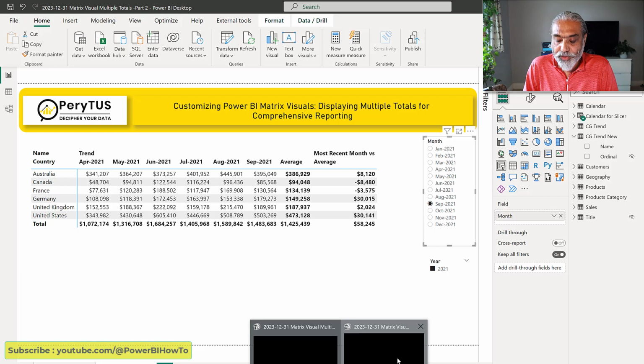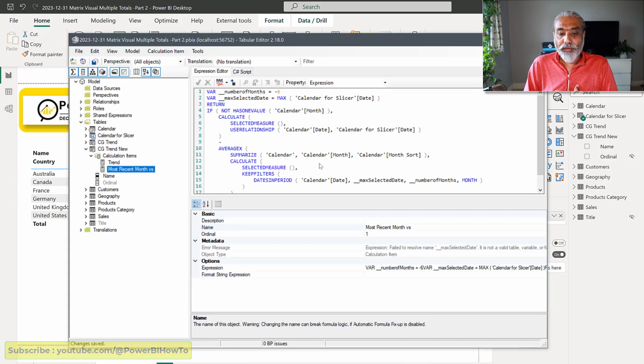A couple of enhancements we can do in this. First thing is we have fixed it to 6 months. We can have a what-if parameter instead of having the fixed value. We can take the value from the parameter, and then this can go back to 9 months, 12 months, 3 months, 2 months, whatever you want. So a single selection in the what-if parameter, how many months you want to use, and then